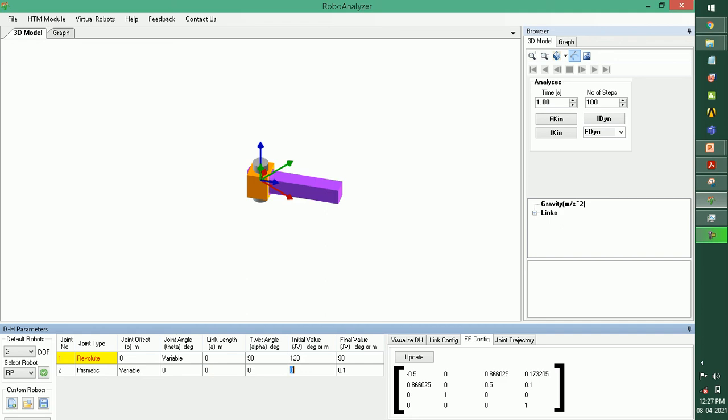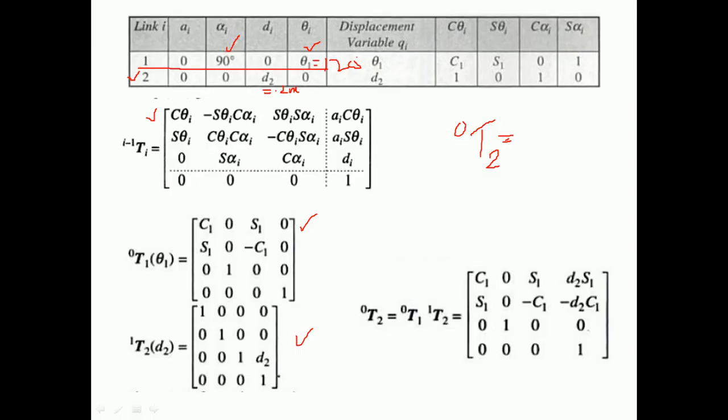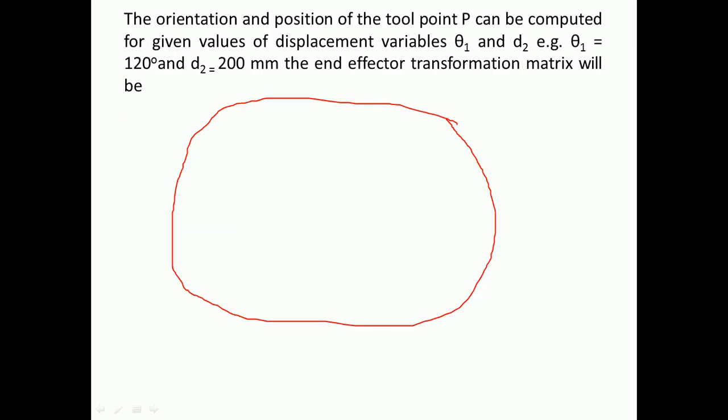but in this software you have to fill the values in meters. So with this you can put the value. These final values try to simulate the final orientation matrix which you got. By putting the values and clicking on forward kinematic analysis and updating it, you can see that the final matrix which we got with respect to our theoretical content is similar in this case. I am just showing you.